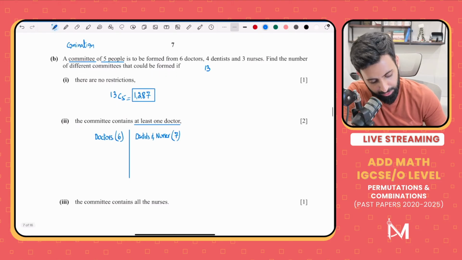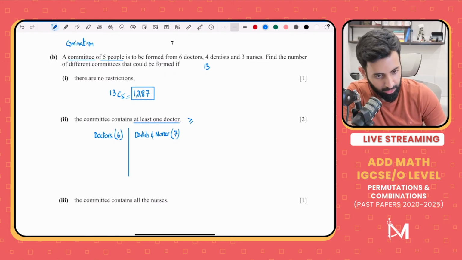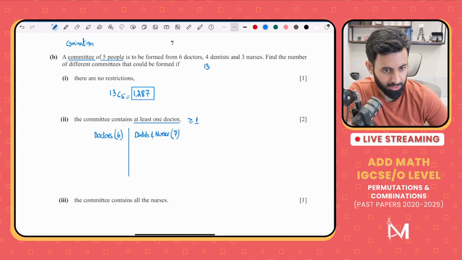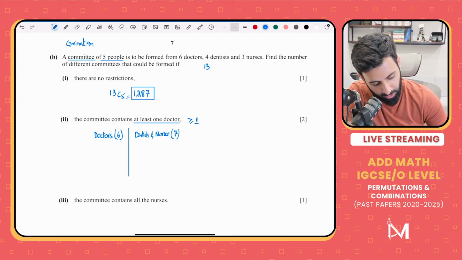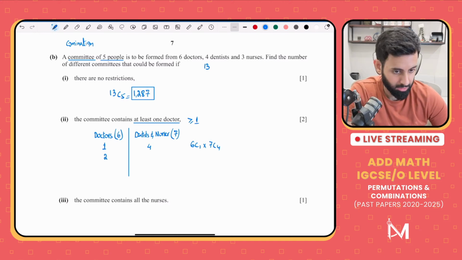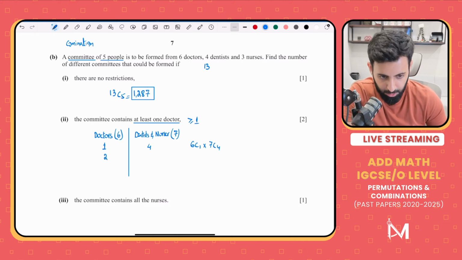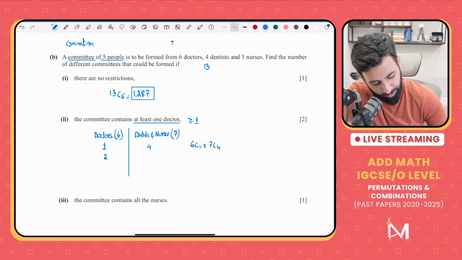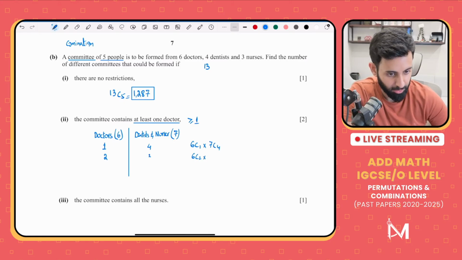So if there's at least 1 doctor, at least basically means greater than or equal to 1. If there is 1 doctor, that means the remaining 4 people will have to come from dentists and nurses. You can do that through 6C1 into 7C4. Now what if there are 2 doctors? At least 1 doctor means that you could have 2, 3, 4, 5. That would be equal to 6C2. And what about the remaining 3 people? The remaining 3 people will come from